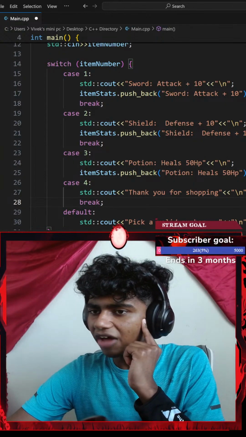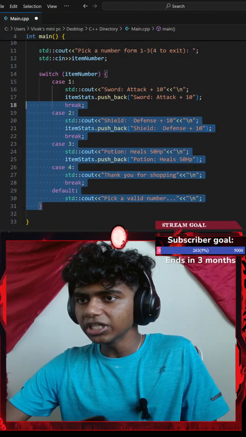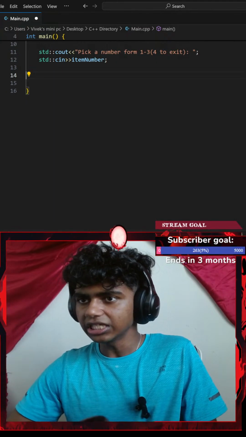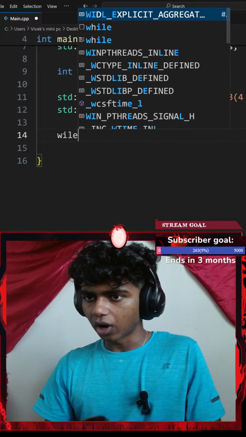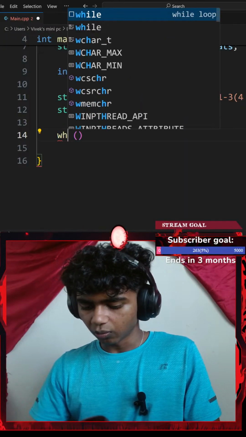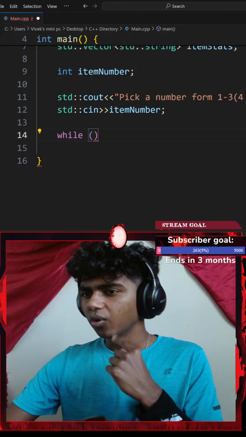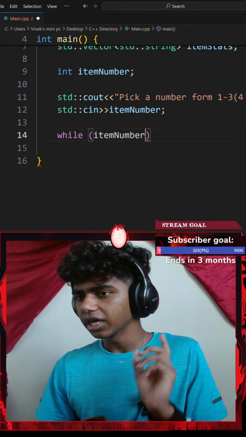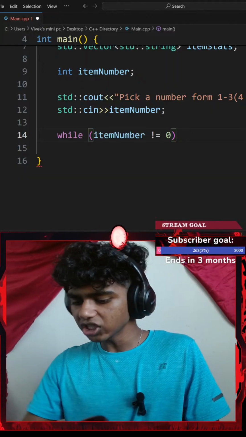Now, I should add this inside of a while loop. So let's copy this whole thing and then delete this. Next up, let me add a while loop. So I'll go with while, a pair of parentheses. While something happens, while my item number is not equal to 0, actually it's not equal to,